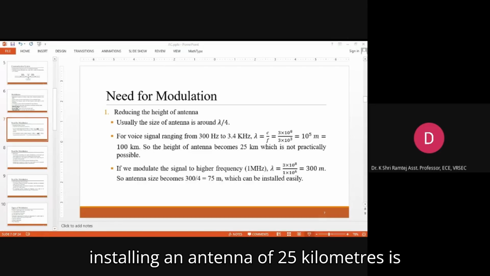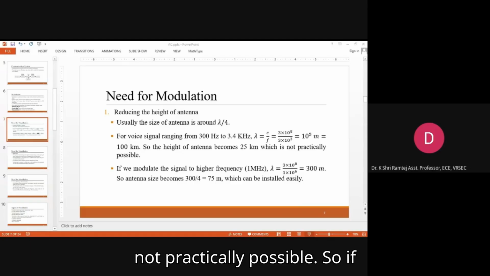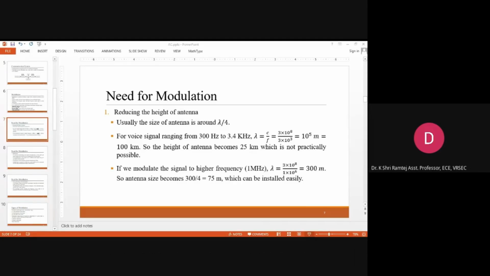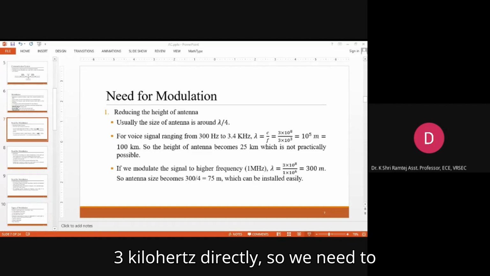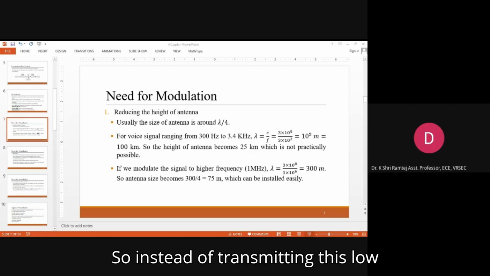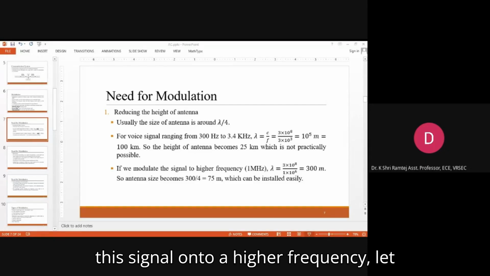So installing an antenna of 25 kilometers is not practically possible. So if we are transmitting a voice signal of 3 kilohertz directly, we need to install an antenna of 25 kilometers. So instead of transmitting this low frequency signal directly, if we modulate this signal onto a higher frequency,